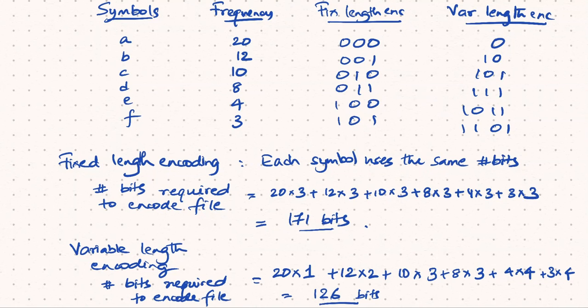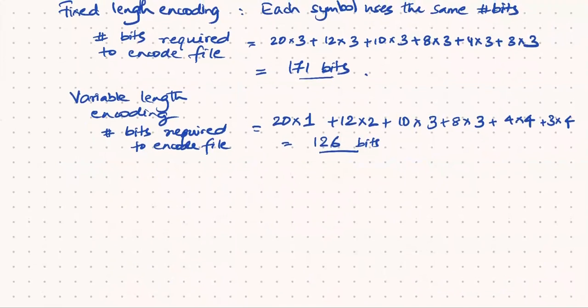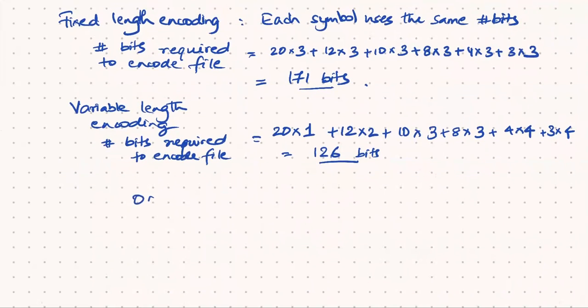while looking at these variable encodings, we realize that there are actually some issues with these. There are some problems. Okay. The problem occurs while decoding an encoded file. Okay, when we have these fixed length encodings, decoding a file is straightforward, right? So if we have some file like this, right? Whatever, a sequence of